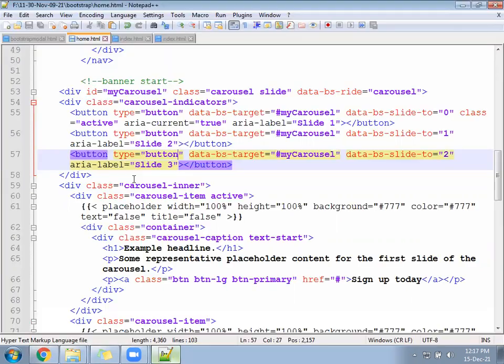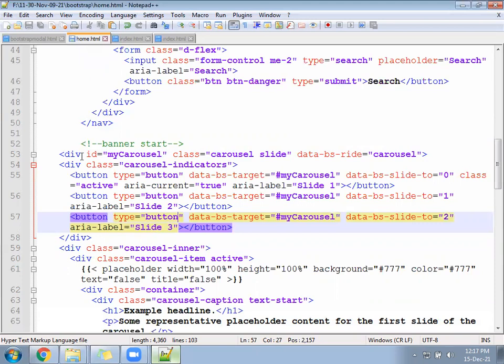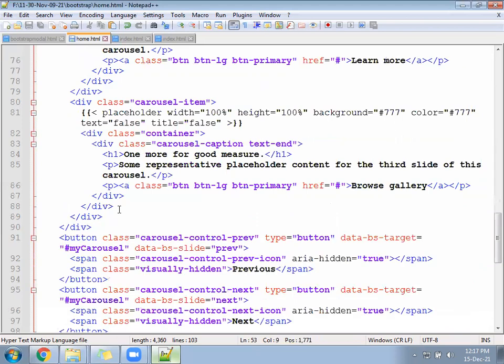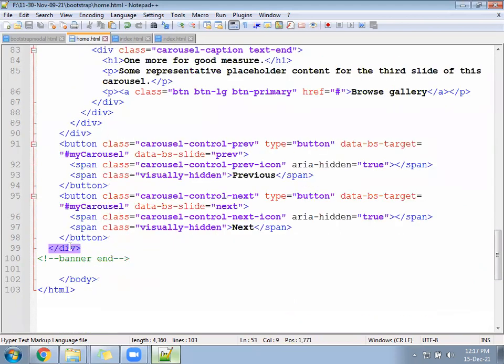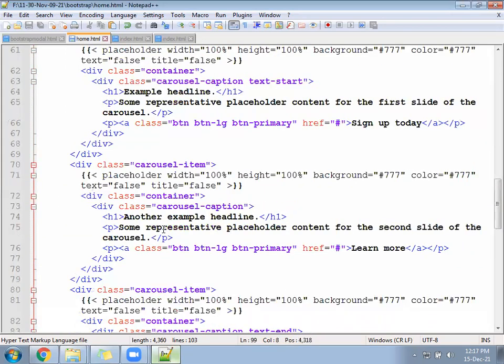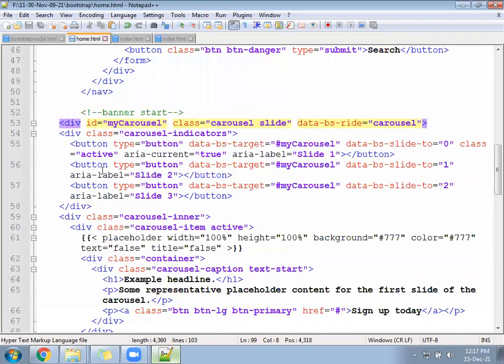Okay, so at this place now you can see carousel start, carousel end. We have taken the proper code. It's not that you should leave one div and copy an extra div. Next, in this carousel section you can see in the beginning there is a class called carousel indicator. Carousel indicator is nothing but three dots. If you click on the dots, the photo will change.